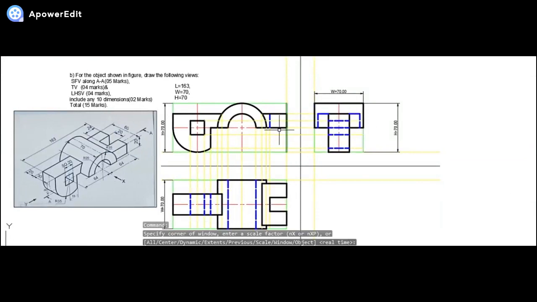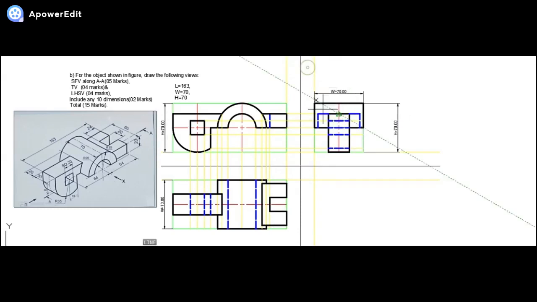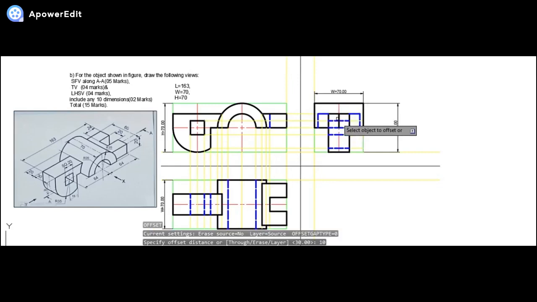As you all can see, front view, top view and LHS view, we have already drawn. Now let us go for the particular view that we are talking about, that is the sectional view. If you see over here, dear friends, 20 mm, this edge and this edge will be there. So definitely we have missed it out. We will draw it again over here. What edge I'm talking about, my dear friends, if I draw this, on both the sides it will be by 10 mm each. So from here 10, from here 10.